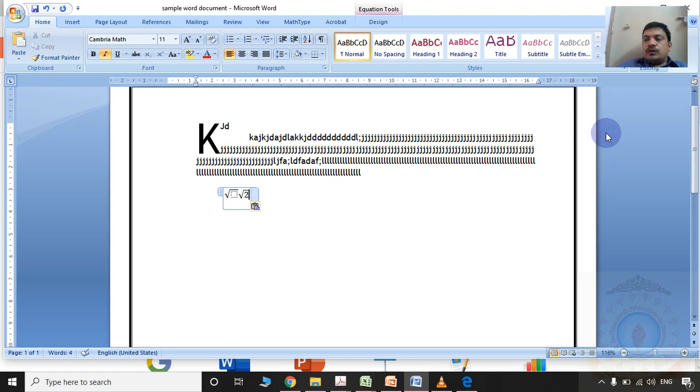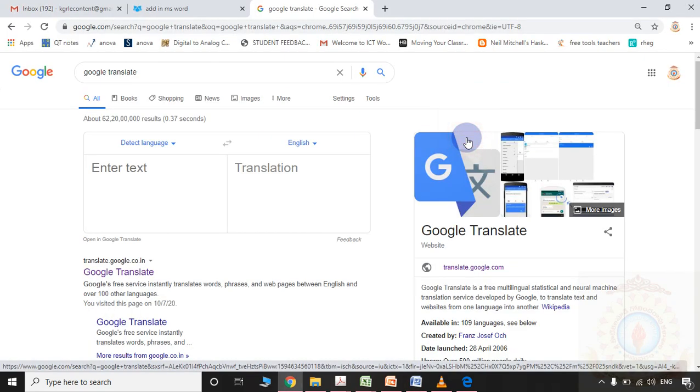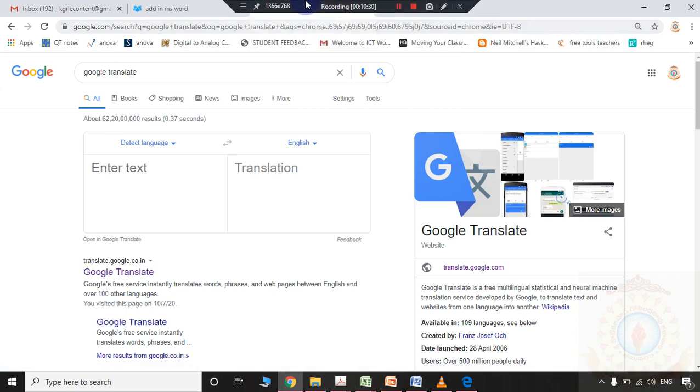Now we will see the next tip, like with our voice command, how to type the text easily. In the Google search, type Google Translate.